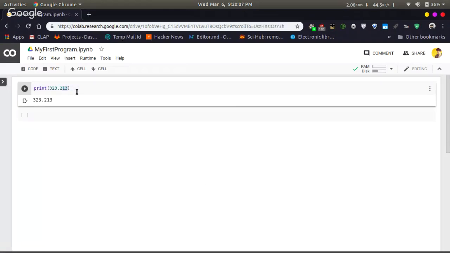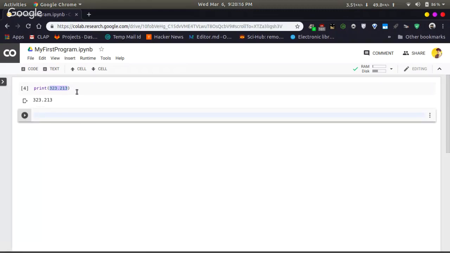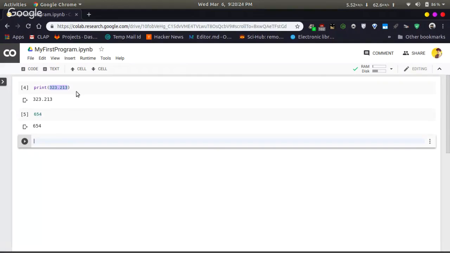Now, all these are values. A value is a basic unit of data. A string and an integer are basic units of data, which are called values.